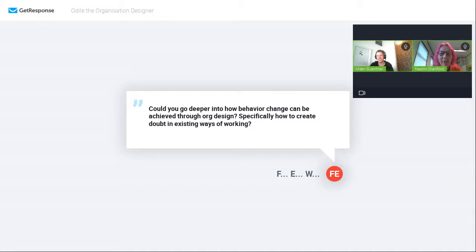Well, I think most people have doubt in existing ways of working anyway, particularly if you're at the lower level of the organization. But behavior change can be achieved through organization design by looking at the systems and processes and rules and policies that shape it. And we've seen that quite extensively in COVID. So you've got an example where